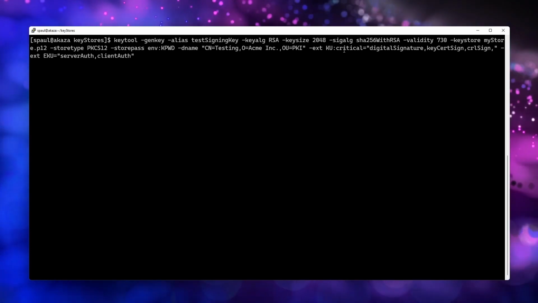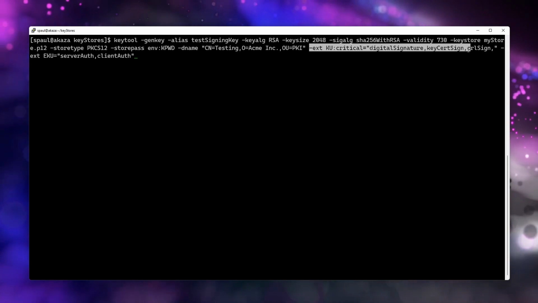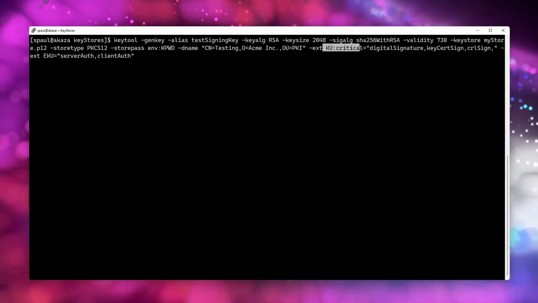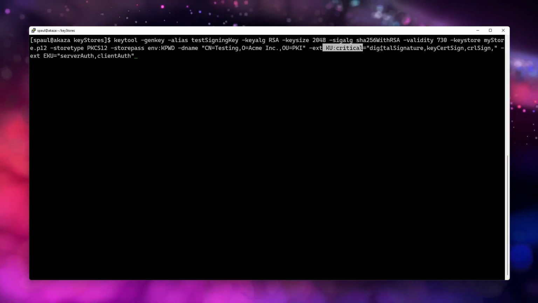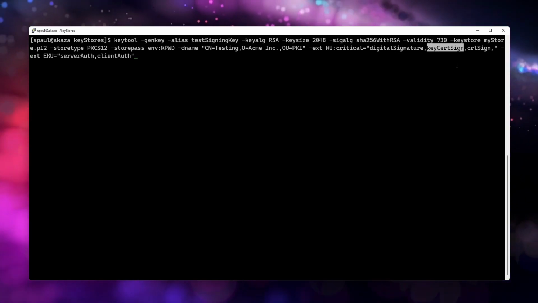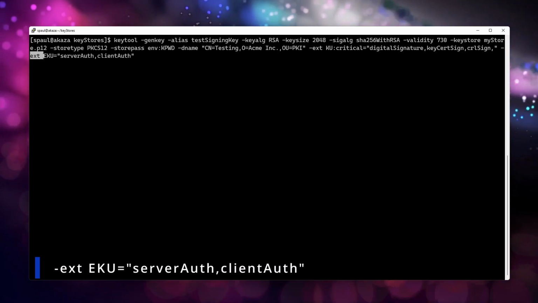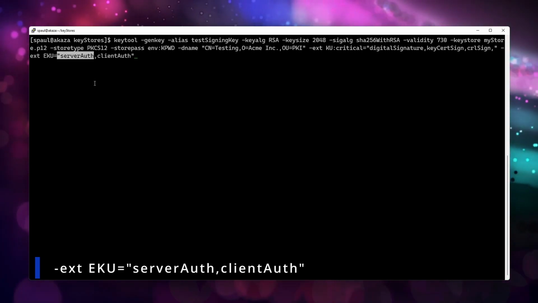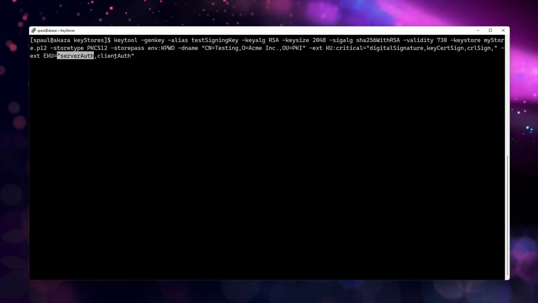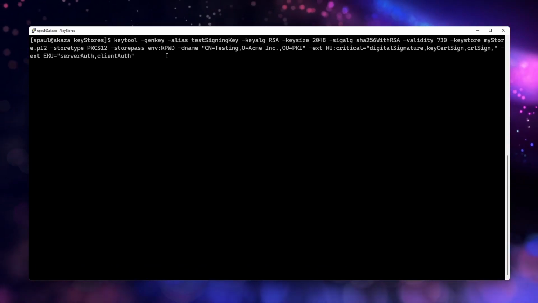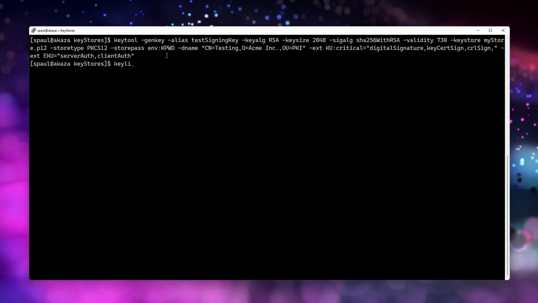Okay, so in this command, I am using different extension. So this is going to be a critical key usage, and the key usage that I will be using are digital signature, key cert sign, and CRL sign. For extended key usage, I am going to use server auth and client auth. So this is for server authentication, and this is going to be for client authentication. I'm going to hit enter, key list,